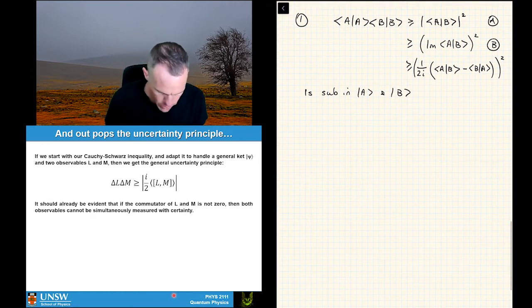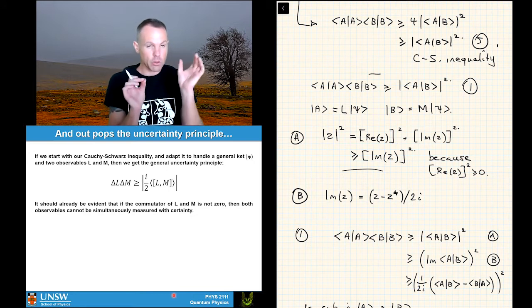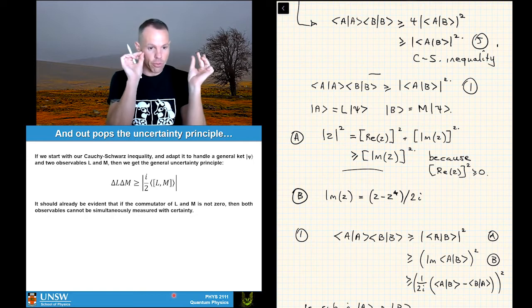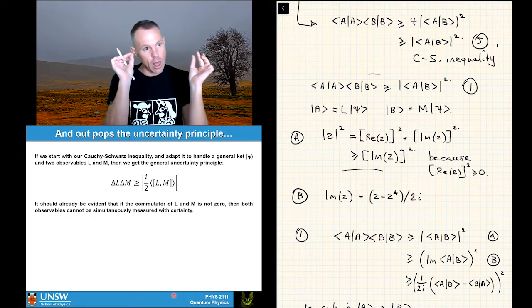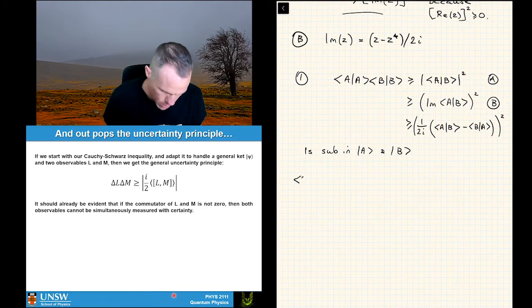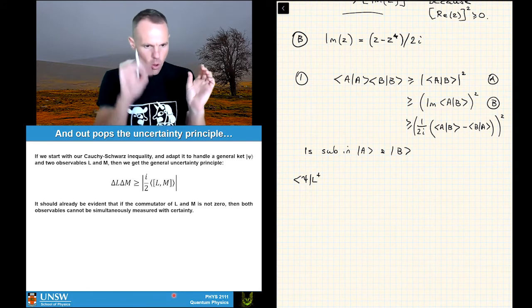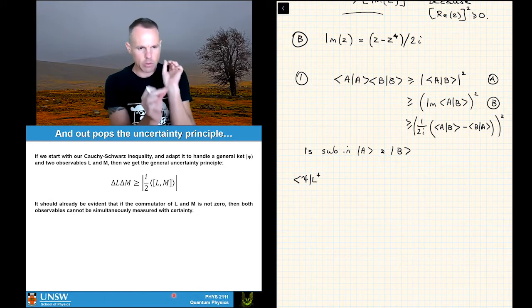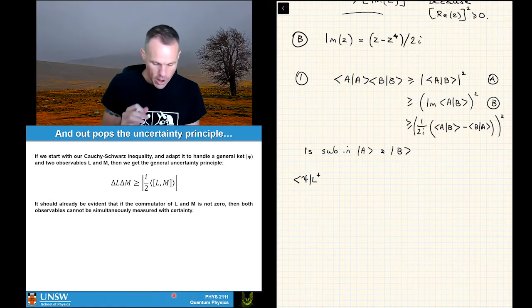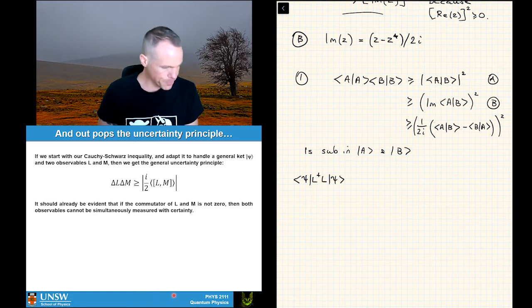So what we would have here is basically, if I think back up to here, if I want the bra for A, what I need to do is take the conjugate of the operator L and the bra for psi. So it will be bra psi, L conjugate. And you remember that we put the operators on the ket side when we write this, so that's why we've swapped the order here, times A. And of course, A will be L times my state psi.